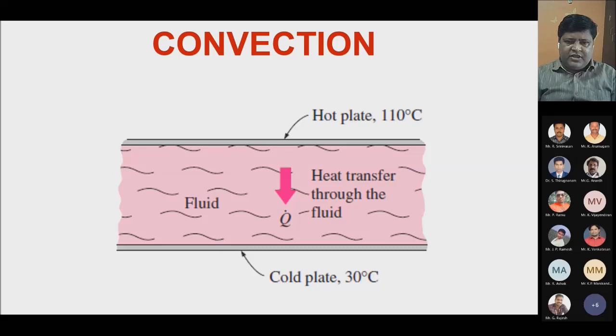Let us consider the fluid that is close to the hot plate at 110 degrees. The fluid that gets heated up has no tendency to fall down. That fluid will not flow down. So there is no convection current that can be set up because the fluid is hot enough and will tend to rise up. And the fluid at the bottom at 30 degrees Celsius is denser, so it remains at the bottom. So by convection current, I don't think there is a possibility of heat transfer.